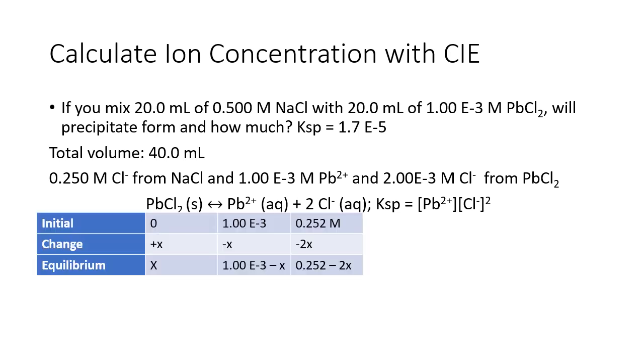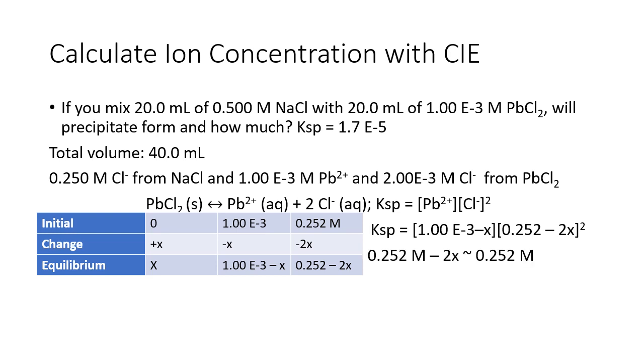Enter our equilibrium equation and our ice table. We know that we're shifting toward our reactant. So we have our initial concentrations. We add to the lead chloride, we subtract from the lead 2 plus and the chlorine minus, and we have an equation. We plug that into our KSP,